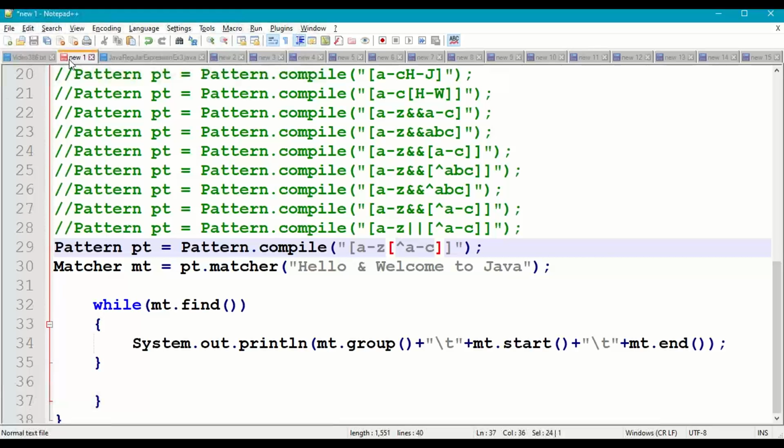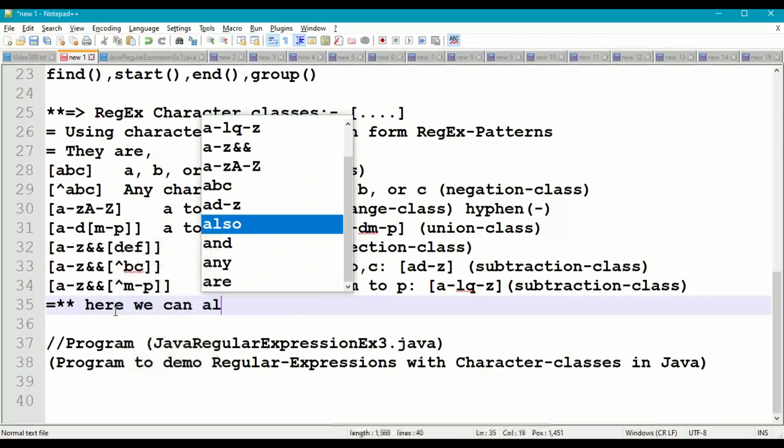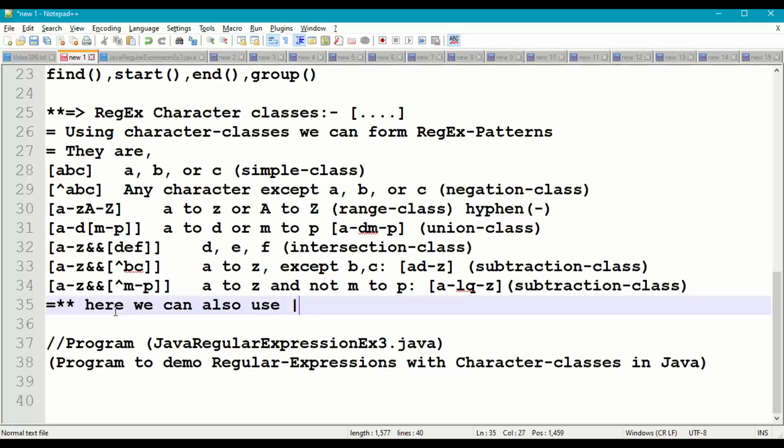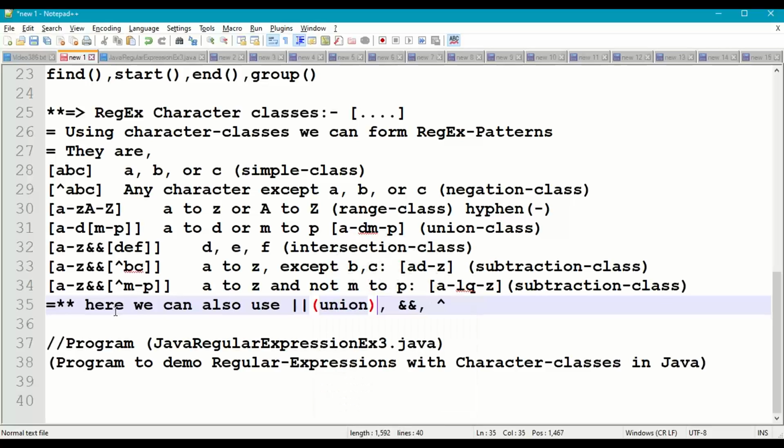So here we can also use logical OR, next logical and, not. So OR indicates union, which is mainly used in mathematical sets, and indicates intersection, and not indicates not.